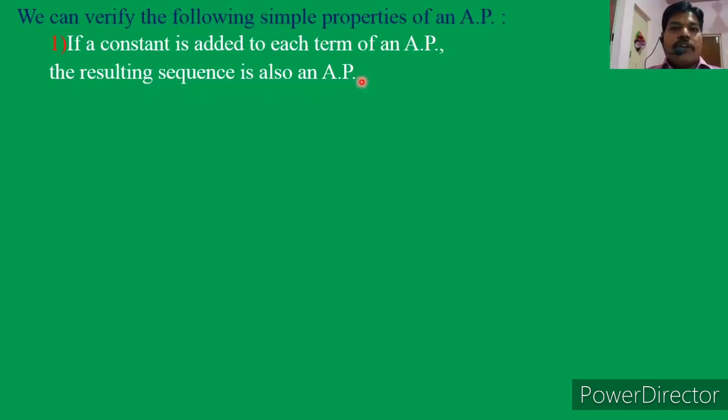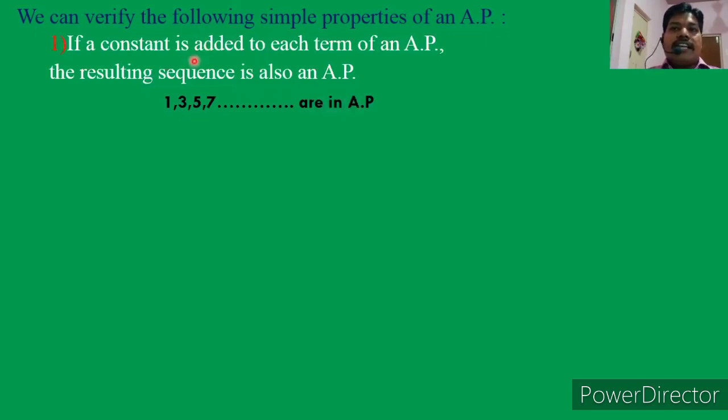So take one example, you can understand that easily. I am taking one arithmetic progression 1, 3, 5, 7 and so on. Is it an AP, yes or no? This is already an AP, we already proved it in the previous example. Arithmetic progression is nothing but the common difference being the same. 1 and 3, the common difference is 2. 3, 5, the common difference is 2. 5, 7, the common difference is 2. So the sequence is in arithmetic progression.